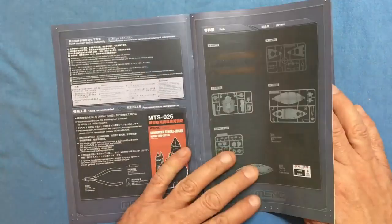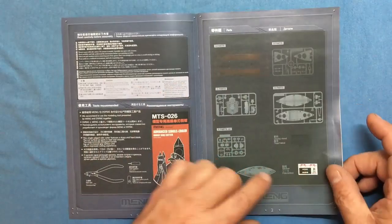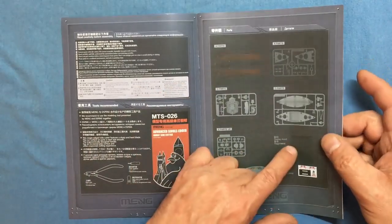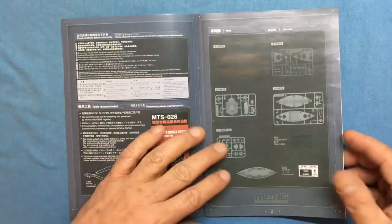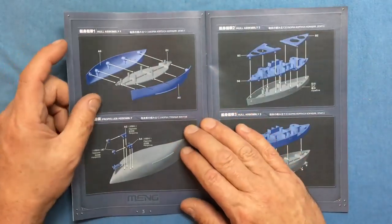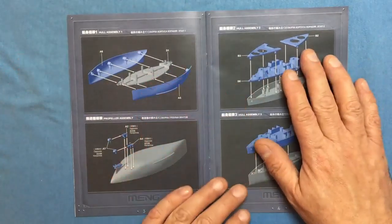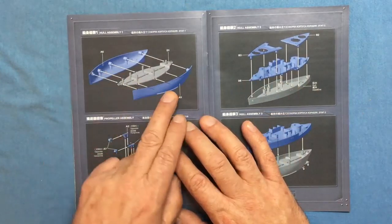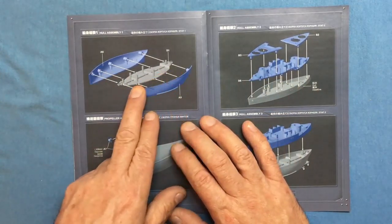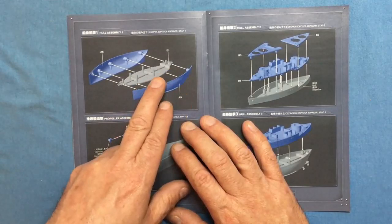So there's our parts call out. As I say, we've got a sticker set down there. You've got the stand that you can hardly see because it's a black stand on a black background. Quite why they've done this, I really don't know. It would be much better just to have plain white paper, wouldn't it, instead of this horrible glossy. So starting off with the hull here, we've got a lovely inner hull piece going there for some rigidity,